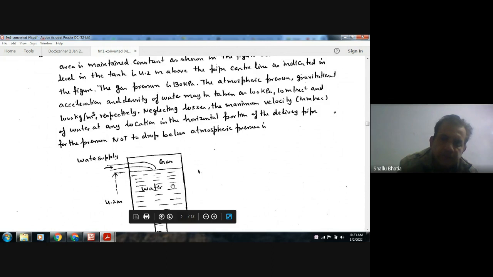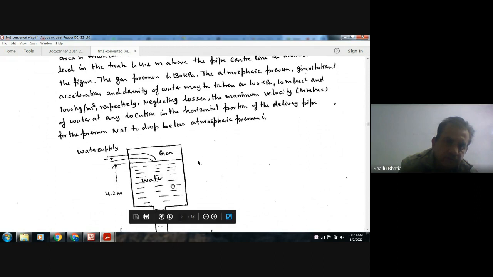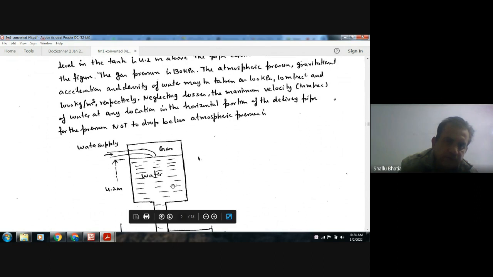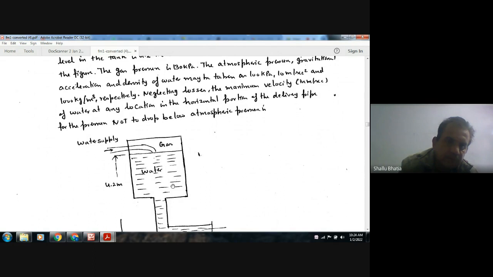The atmospheric pressure, gravitational acceleration and density of water may be taken as 100 kPa, 10 meter per second square, and 1000 kilogram per meter cube. Neglecting the losses, the maximum velocity of water at any location in the portion of the delivery pipe, for the pressure not to drop below the atmospheric pressure, is: